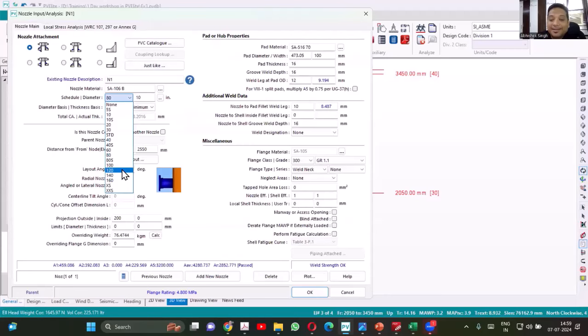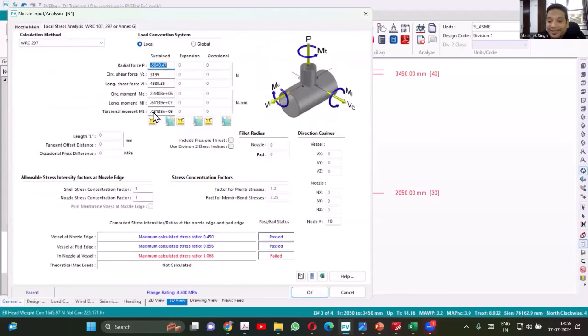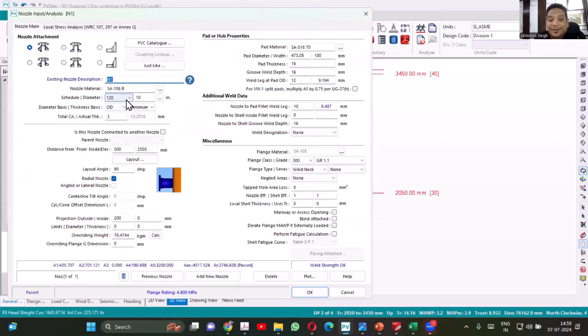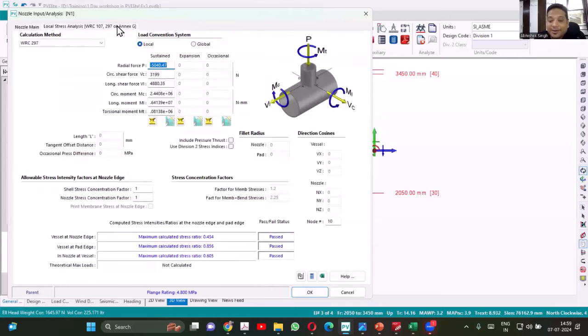I'm not sure whether, in this case, we'll be able to qualify or not. I have randomly increased the load 10 times. It's gone down. If I change further, I'll use 860. Definitely it will come down to 0.6. So like that, you'll see which stress is exceeding, and based on that, you can change that